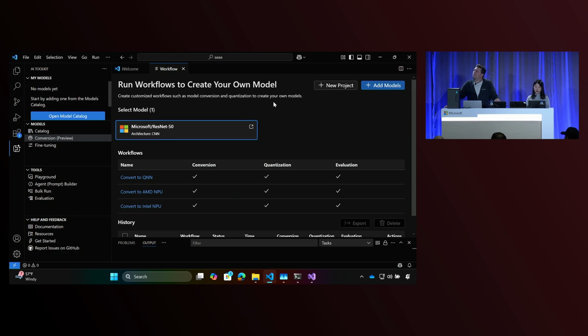A model that has been optimized via the Model Lab has very fast inference, small size, and also low power consumption. These are not that important if you are doing cloud AI, but on local AI, they are the key characteristics that you're absolutely searching for. So let's take a look at this. I'm going to create a new project.